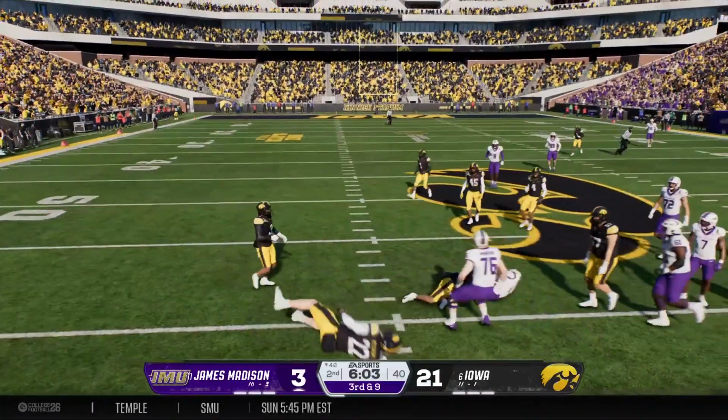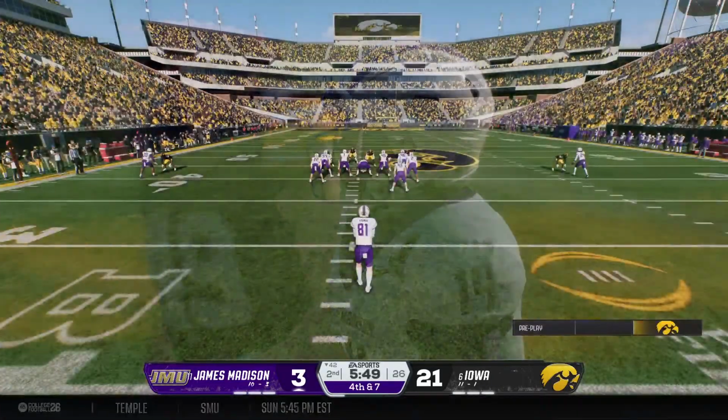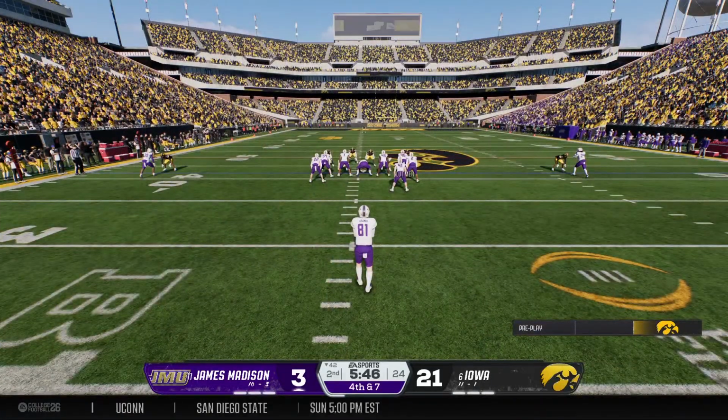Throw to the running back in the flat. Defense reacts quickly. A very short gain on the play. The Dukes bring their punt team onto the field.